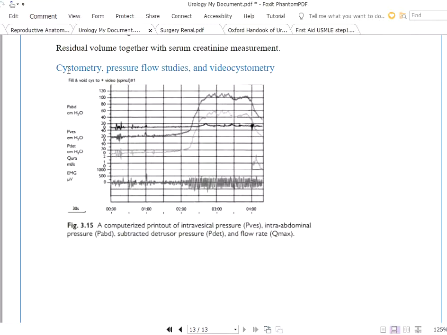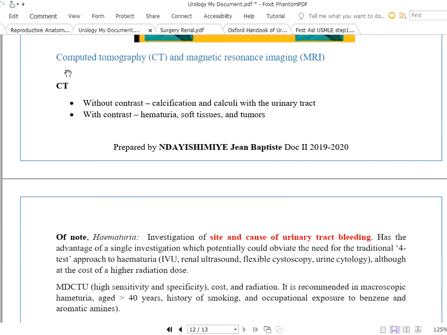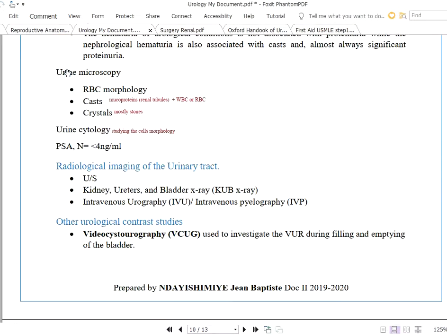This test is used for patients with urinary incontinence to see if it is an overactive urinary bladder that is causing the incontinence. So these are the tests that are done in the urological department,